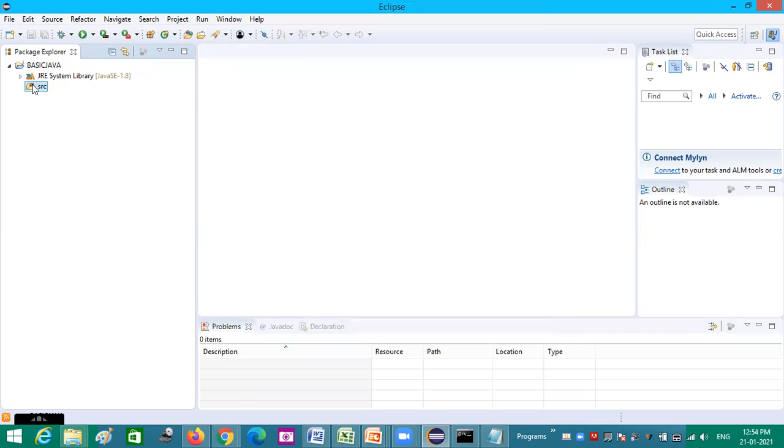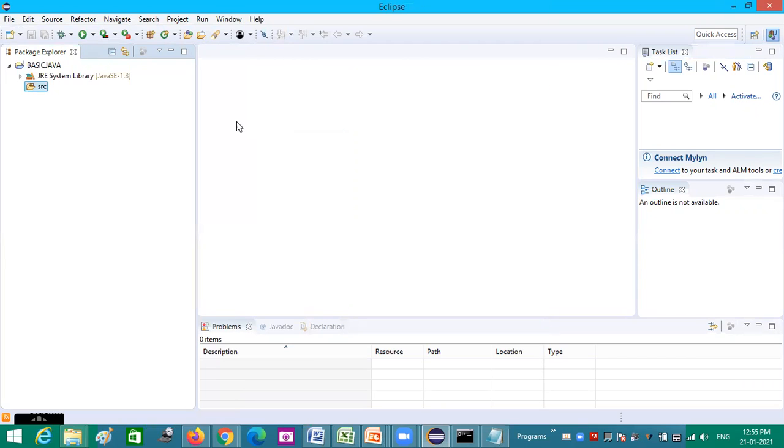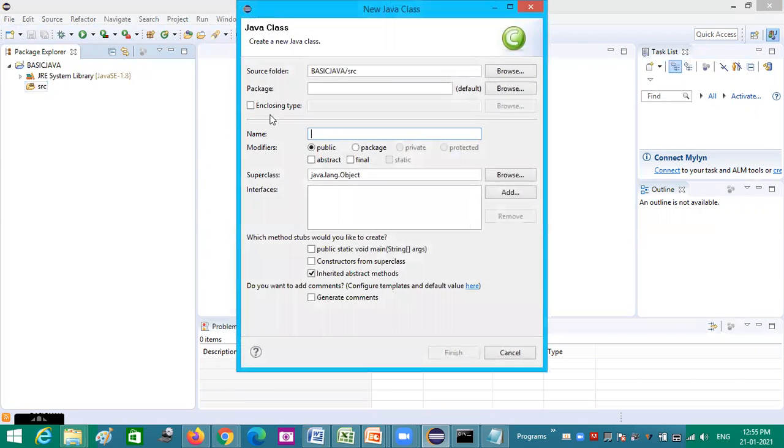I have to click on this and right click, new class. In Java, everything should come under a class. One by one, I will reveal what the purpose of each is. So now I am giving a name for the class. My class name is welcome.